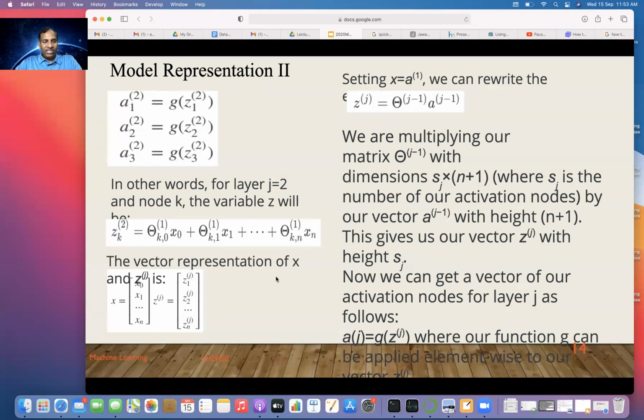The vector representation of x is x equal to x0, x1, xn, and zj equal to z1j, z2j, znj. Then setting x equal to a1, we can rewrite the